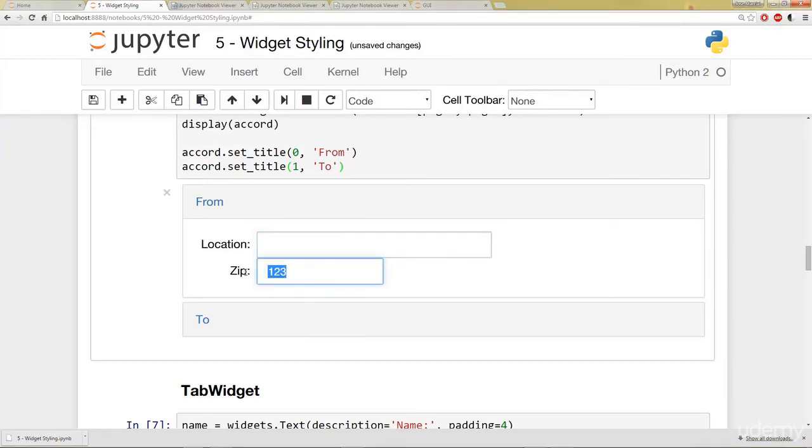And then I can go ahead and fill stuff out. So I can say my location is San Francisco, zip code, let's say 90210, whatever.